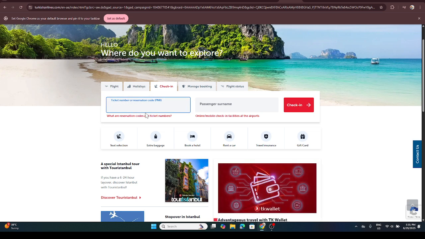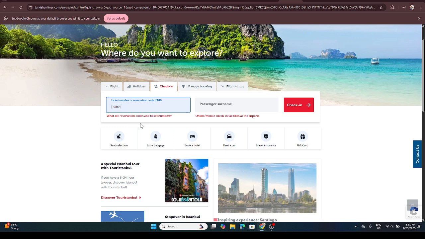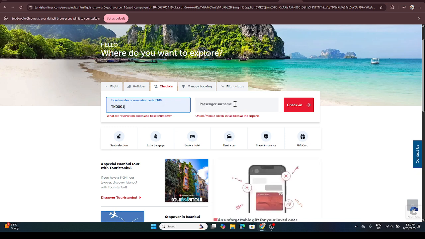Once you're at the check-in portal, you'll need to provide some details to access your booking. First, you'll need your ticket number. This is a unique set of digits provided at the time of booking. You'll either find this number in the confirmation email you received after purchasing your ticket or on your printed ticket if you have one. Go ahead and enter this number into the designated field, making sure you input it correctly